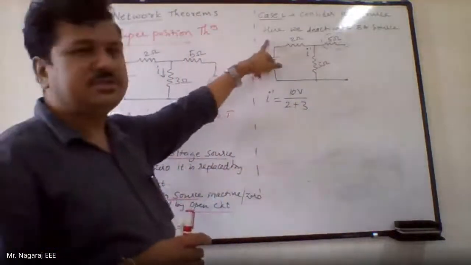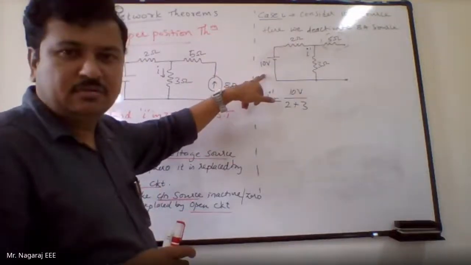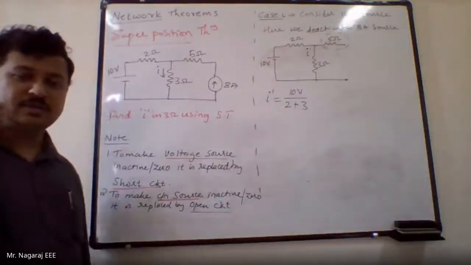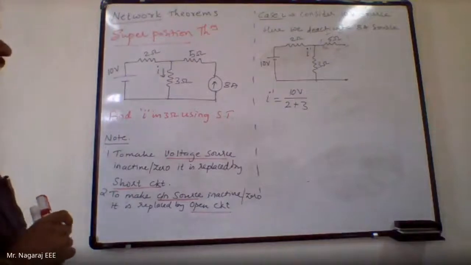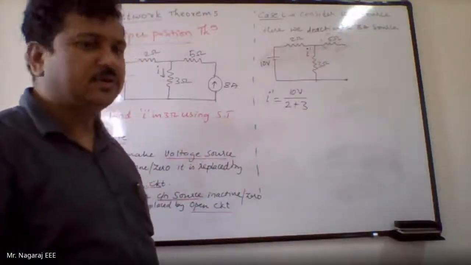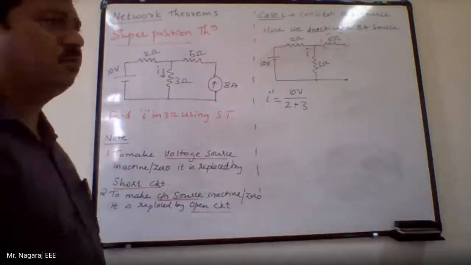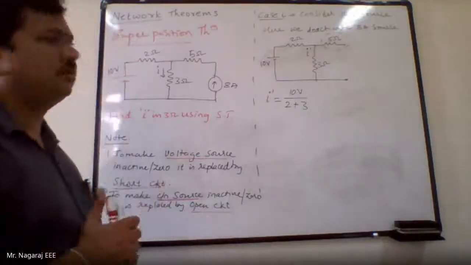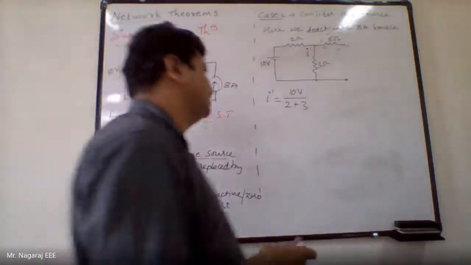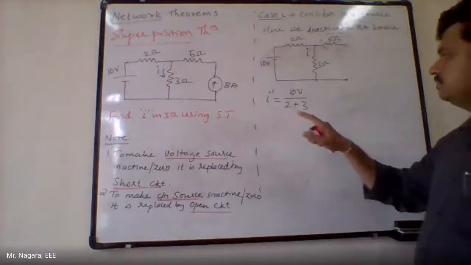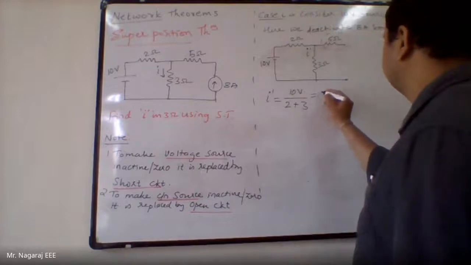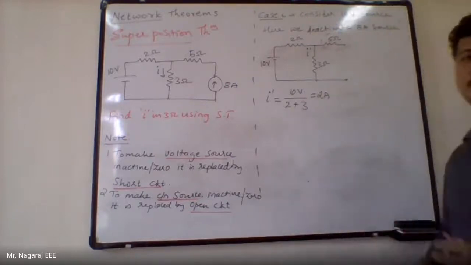Now I have considered 10 volts, which means I am looking into the circuit from the 10 volt source. Looking into the circuit from a particular direction makes very much sense, because what appears series may appear parallel if I look in from the opposite side. That we will come to know in Thevenin's theorem, where I will tell them how to look into the circuit from various points, from various sides. Now here, I dash is simply 10 by 5, that is 2 amperes. So I dash is 2 amperes.